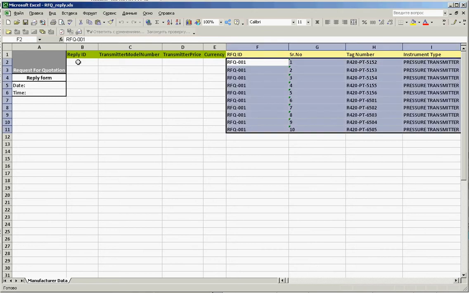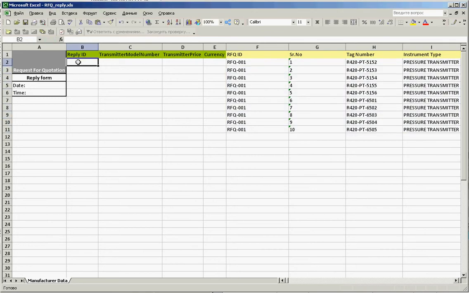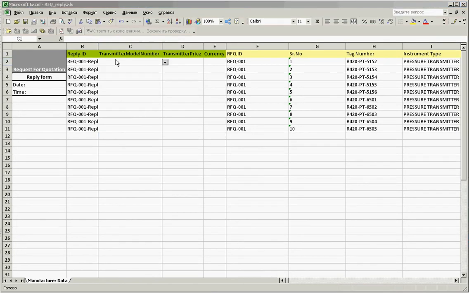Fill in some reply ID, for example. Then select appropriate model numbers. Select the model numbers from the drop-down list. They are also filled by the adapter during the export,